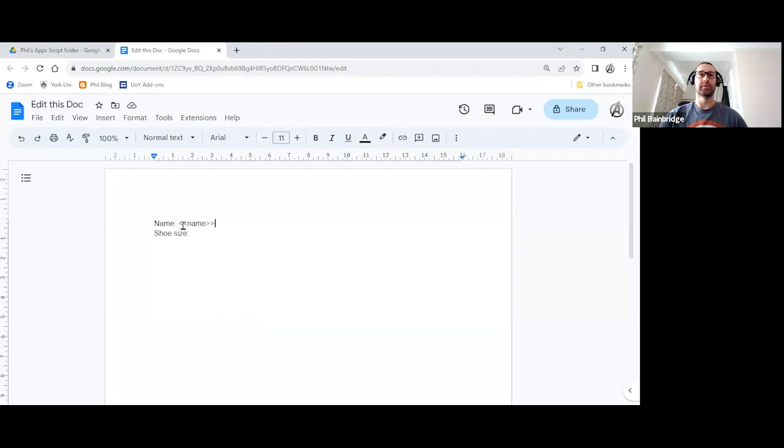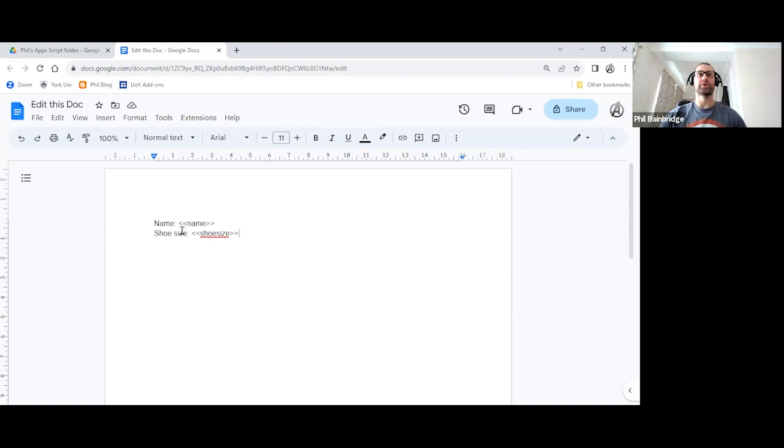So you could use some different symbols if you wanted to. The typical best practice is the less than and more than symbols, and those tend to be what you'll see elsewhere. So there you are, what we are going to use in this demo here. So again, I'm going to put shoe size like so. It's up to you how you do capitals and spaces, etc. As long as you remain consistent when you do this in the AppScript code itself, that's absolutely fine. To keep things nice and simple here, everything is in lowercase without any spaces.